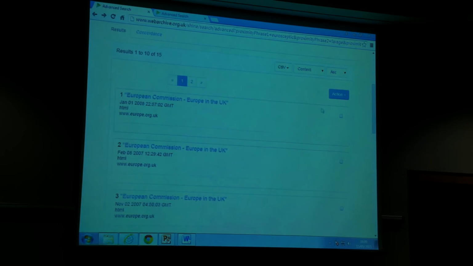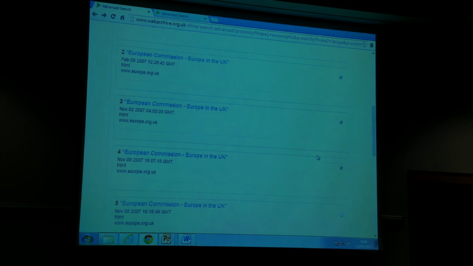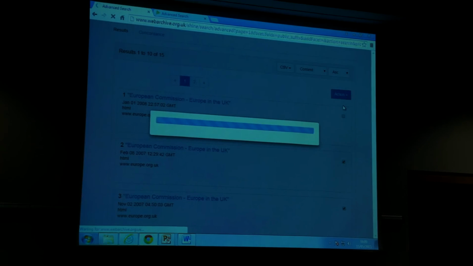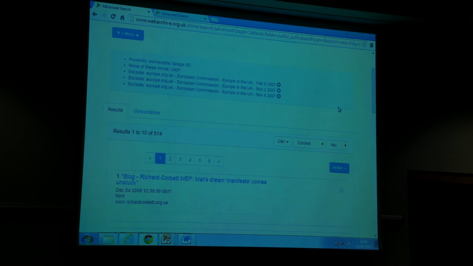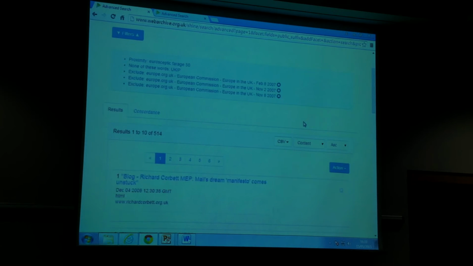What you can do over here is once you've got your list of results, you can start to exclude things. I might have decided that 2007 is too early for what I'm interested in, so if I go through and select all the various instances for 2007, well, some of them anyway, and go Action, Exclude, that should then dump those out of my results. But it removes one of the filters. At least it has excluded those three. I'm going to have to reapply the filter for Europe.org.uk. So that's a bug. But either way, there are ways and means of doing this.